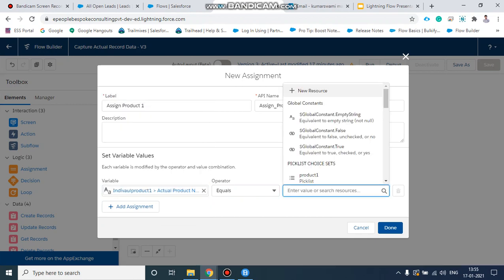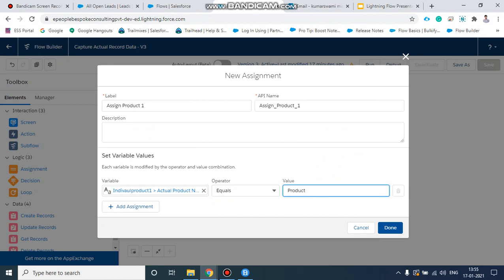We will hard code it as product 1 because we have three separate products: product 1, product 2, product 3. For those collecting values we are hard coding the name of that record.